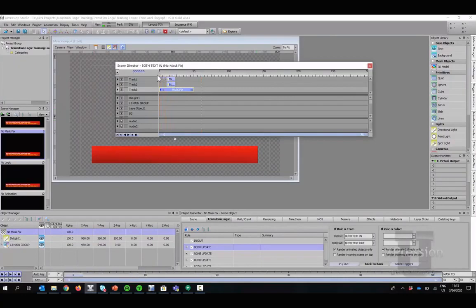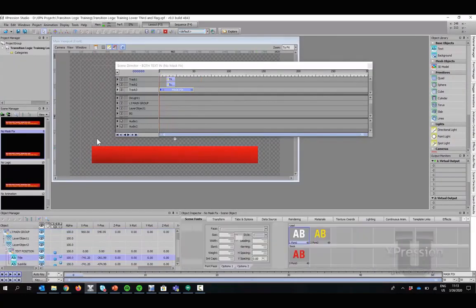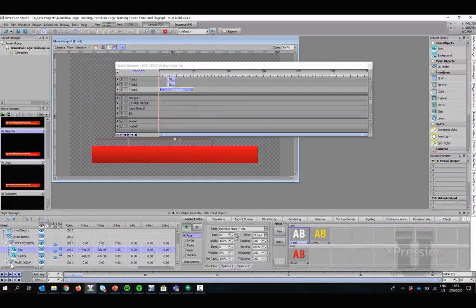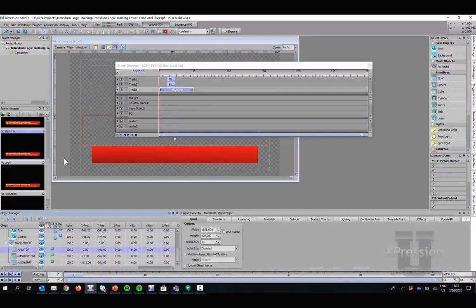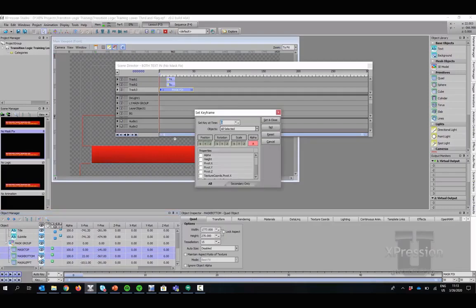So I'm going to go to the first frame of this. I'm going to find my masks, which I know where they are. They're somewhere here. So there's a group called mask group. You've got your mask top, that's this one, and your mask bottom, that's this one. So if you click your first one and Control click the second one, and if you press Control K, or you can press the key button down here